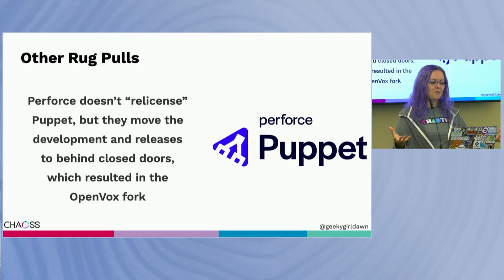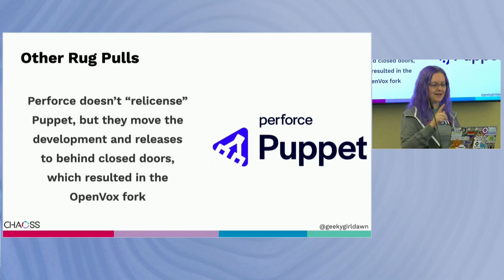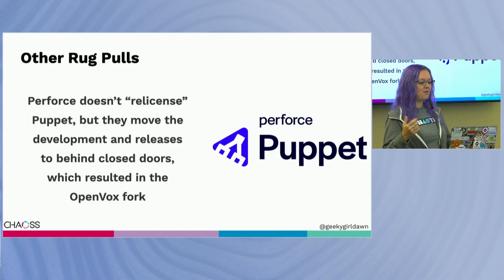So they're effectively moving the development behind closed doors. So not a relicense per se, but as you can imagine, this did result in a fork called OpenVox, which Ben talked about yesterday. And in OpenVox, the users and contributors are taking the power back after that Perforce rug pull. So the fork was announced in January, and I don't have any analysis of it yet, but I'll probably